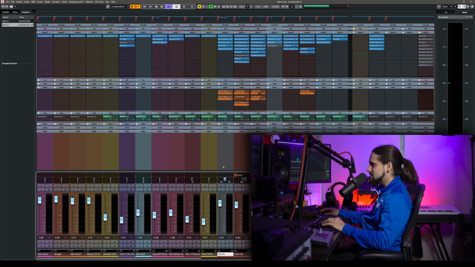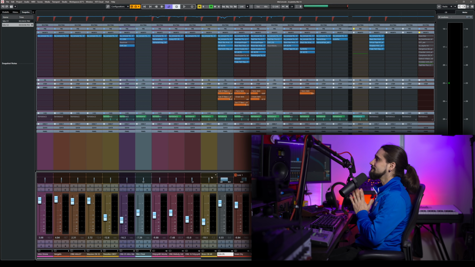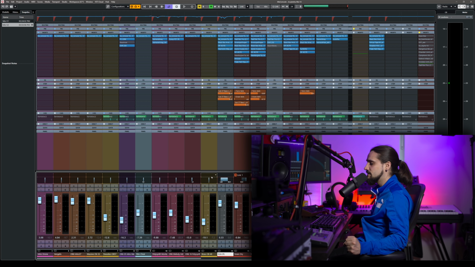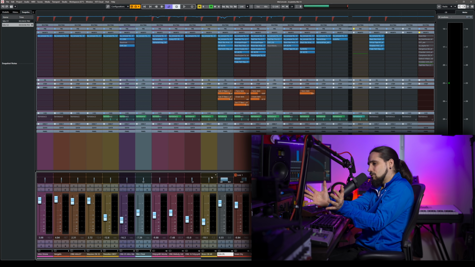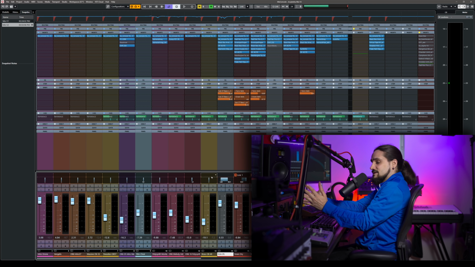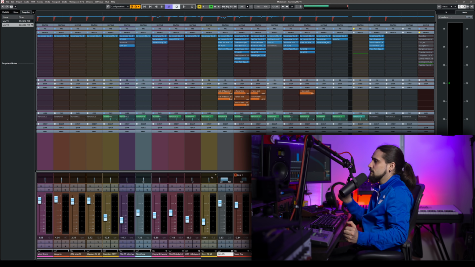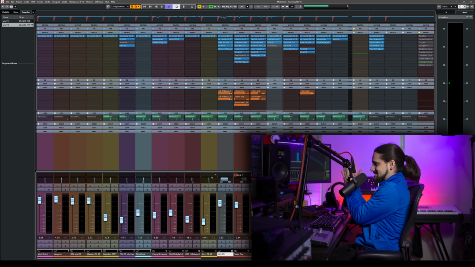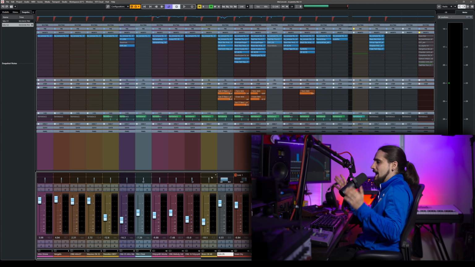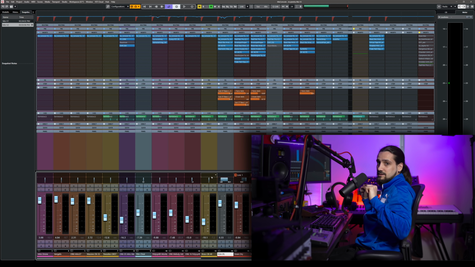Like that. So I'm going with my mouse up and down with the wheel, and see, I can place this instrument exactly where I want on the stereo field. Now this is very important, especially if you're mixing orchestral music and you want to make the violins a little bit narrow and move them in the stereo field. I mean, film composers use this feature a lot because it allows you to place something in the stereo field very easily and narrow or widen the stereo field.